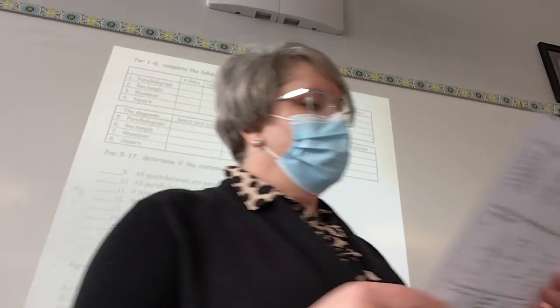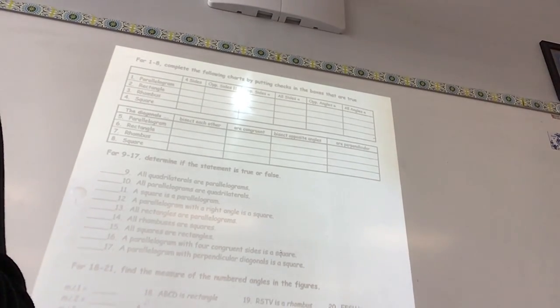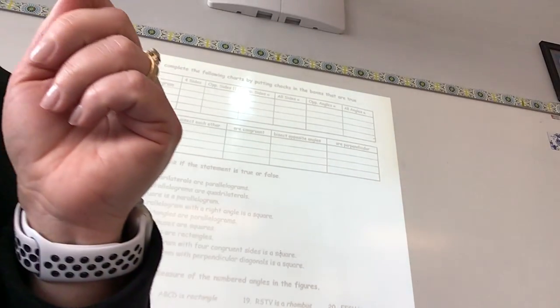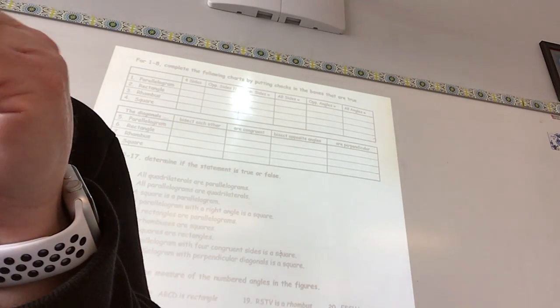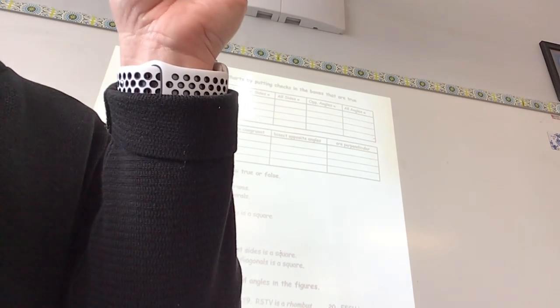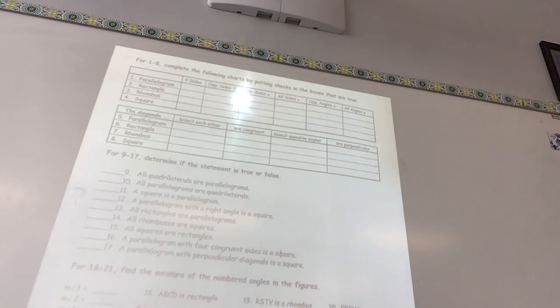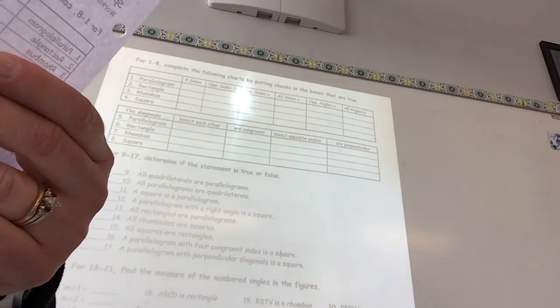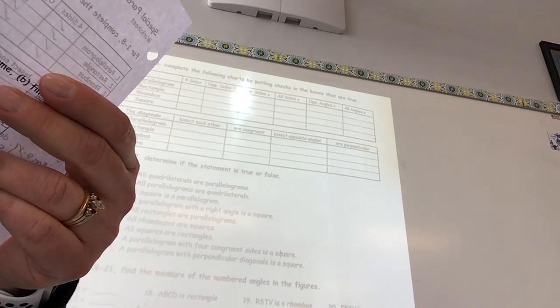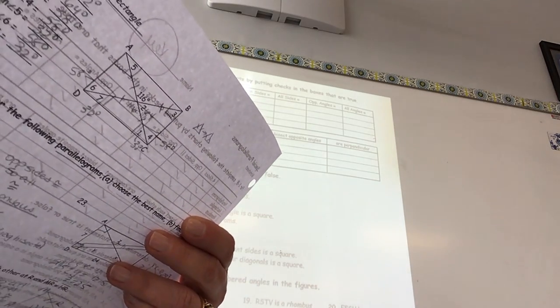Okay. Going down for the four sides, do you have all of them checked? For opposite sides parallel, do you have all of them checked? Opposite sides congruent, all of them. Who has all sides congruent? Square,